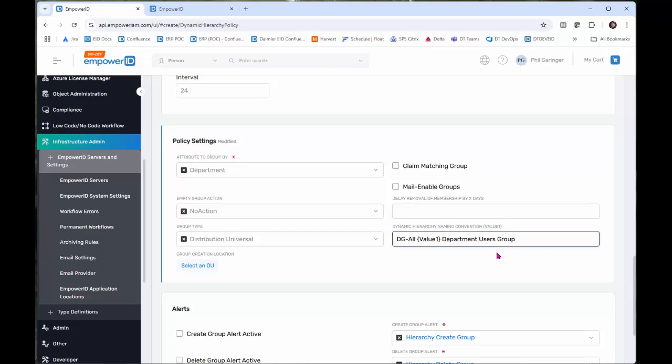All accounting department users group or something like that, right? So that will then generate the appropriate naming convention. And if you're using a dual attribute or triple attribute policy, you would have different values. You would have value 1, value 2, and value 3, right, for your different values that represent the different levels